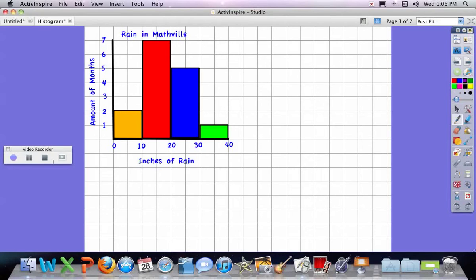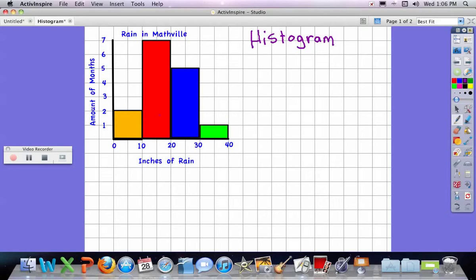We're going to be talking about histograms. Histograms are one of the types of graphs you've been learning about in class. You've also been learning about box and whisker plots and dot plots. Histograms kind of look like bar graphs because they have vertical bars in them, but these bars are called bins